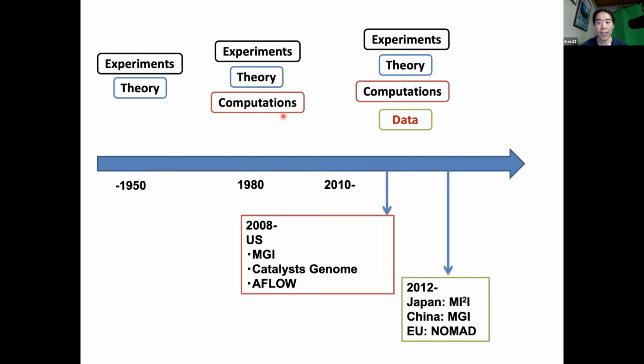But around 2010, a new science came into materials science and catalyst science, called data science. This originally started in 2008, when the United States started a project called the Materials Genome Project, as well as the Catalyst Genome Project. What they're trying to do is create or design materials from material data. The idea is that maybe we can design materials from data science or even artificial intelligence. This is a field I've been working in for the past 5 years, and today I'm going to talk about how I can design materials from data.